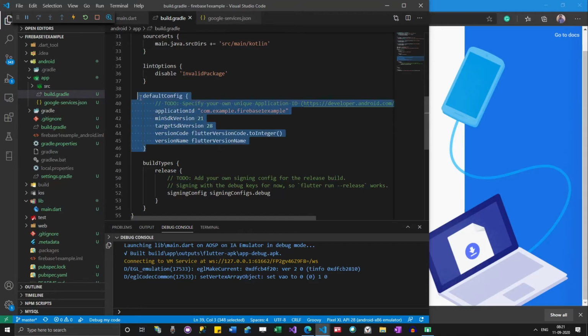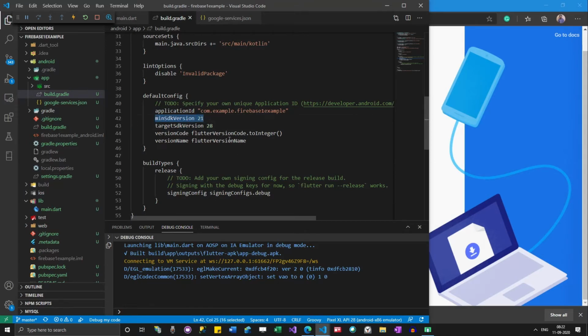This part of code usually speaks about which versions of Android you are targeting. There are multiple versions of Android SDK, right? So you have to give 21. If your SDK version is below 21, it will not work fine.